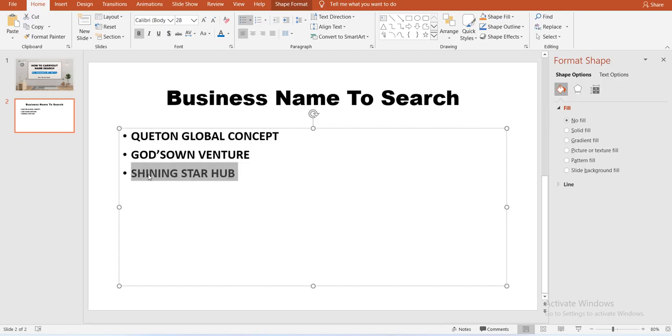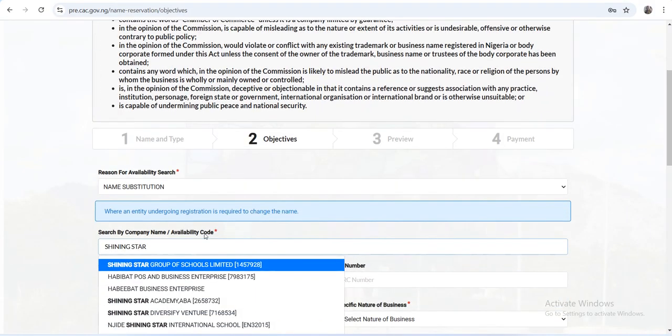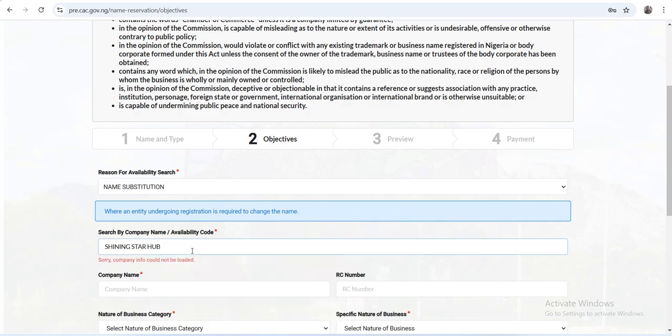So this will give us the final hurdle if this name is going to be registered or not. So I'm still going to clear this out and paste that, and let's see. Hold up. So the hope of our client having this business name registered is on the high side. Let's say 70% positive, because we have several Shining Star, but we've never had anyone that was Shining Star